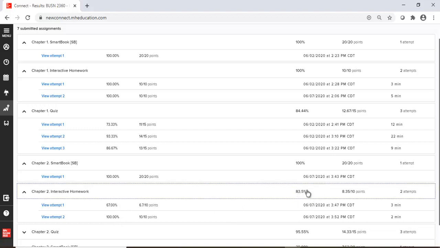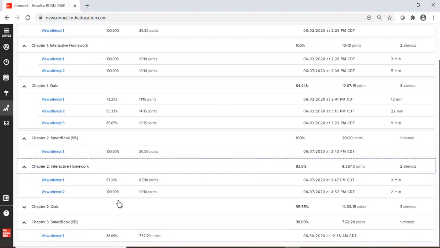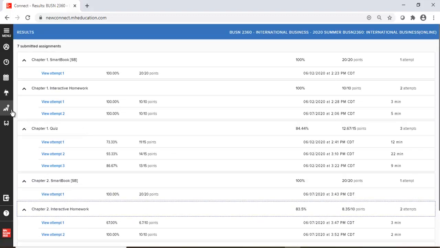Am I going to get the average of all the scores, or am I only going to get the highest score? And I think you have some good things in your syllabus that you want to explore and take advantage of. Okay, so that's very simple, how to look at your scores in Connect. Now, I will give you one